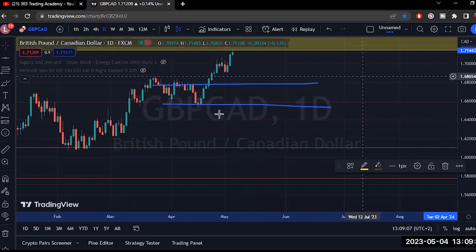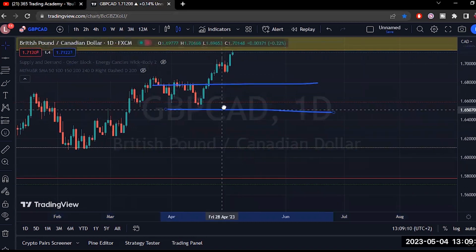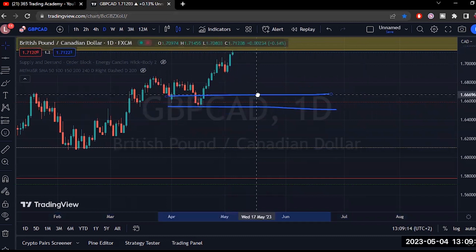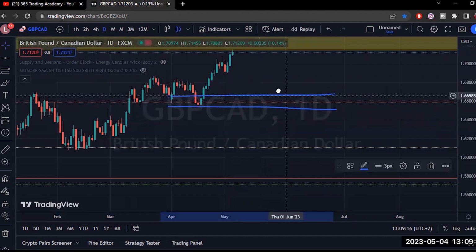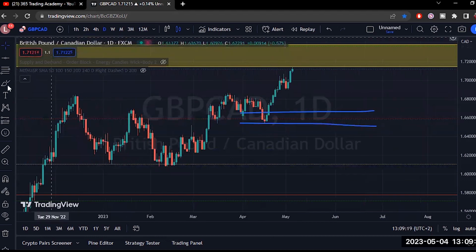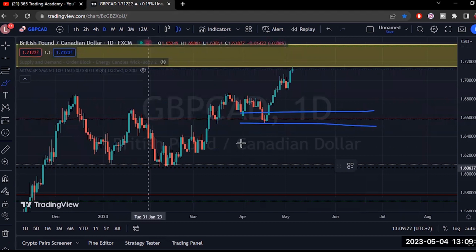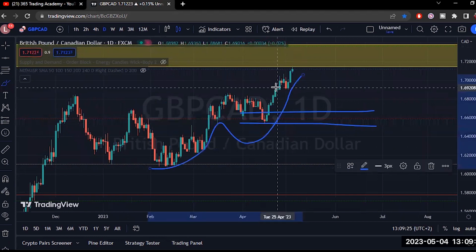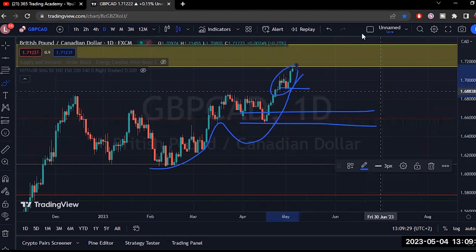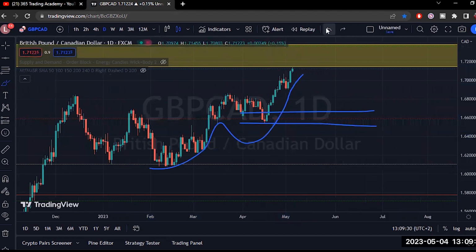Like, get out as soon as you get involved with weekly demands, right? Maybe you get wicked in. This is the whole zone, but maybe you get wicked in all the way here. So if you're trying to sell, this is a place to look out for. Remember, your moving averages and indicators and all that kind of stuff are going to tell you to look up for some support there. And I'm saying we don't have a clean imbalance. That's not a bullish engulfing pattern, so don't fall for any specific traps.